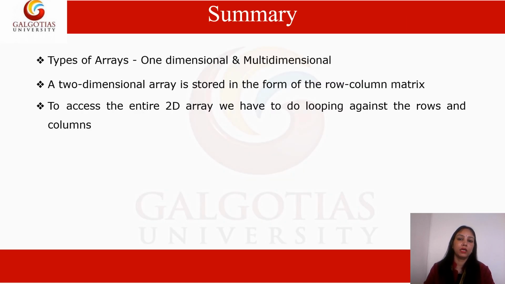Now I hope for this session you all are able to declare and initialize one-dimensional as well as two-dimensional arrays. So let's summarize what we have done in this lecture. We have learned the types of arrays: one-dimensional and multi-dimensional arrays. Then we learned the two-dimensional array, which is able to store all elements in the form of a row-column matrix.